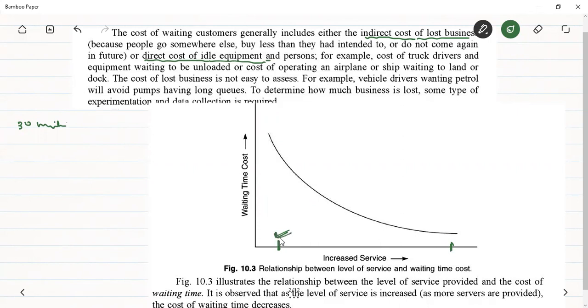The same example I just took of the restaurant: it is taking a lot of time for the food to arrive, that is, the service is not good here. So when the service is not good, this is an indirect loss to the restaurant and any other business unit, because it is making people wait. So the cost is increasing because of waiting. It's not a direct cost, but it is an indirect cost, because a kind of goodwill is not there. This customer will prefer going to a different restaurant where he will get a better service.